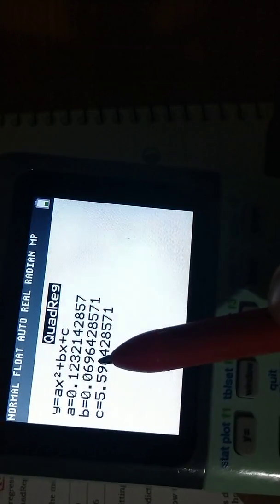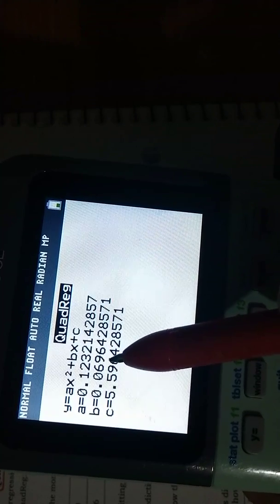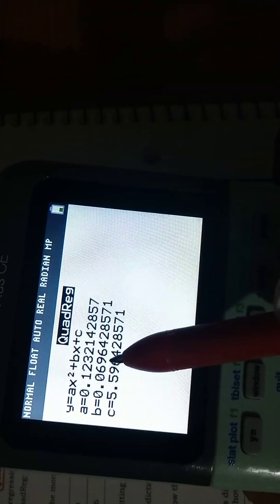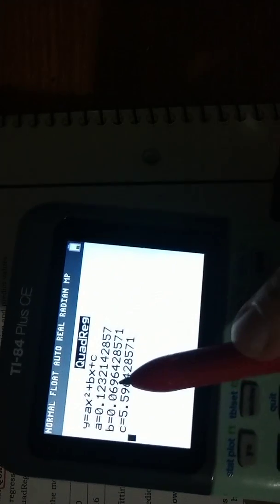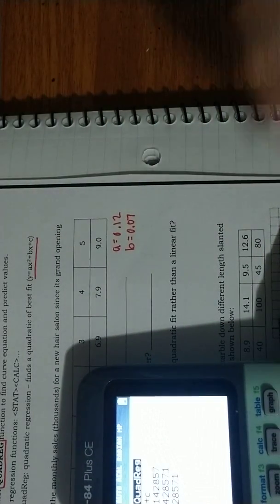So remember, you look to the right. If it's 5 or greater, you round up by 1. If it's less than 5, you don't round at all. You just leave it as is. So since this is greater than 5, make that a 7. So 0.07. And then lastly, C,